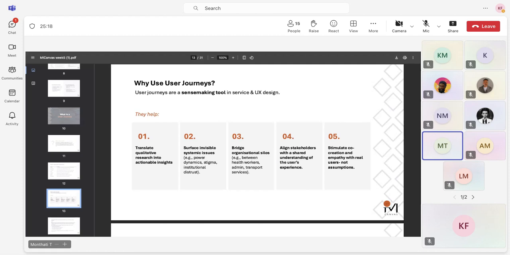So being able to now bring it into a journey is where you start to really bring it to life, to map everything so that they can actually see how that research, how those different personas now experience the product that you're either going to design or as it currently is. And it translates everything, making it easy for everyone involved in the project to understand.